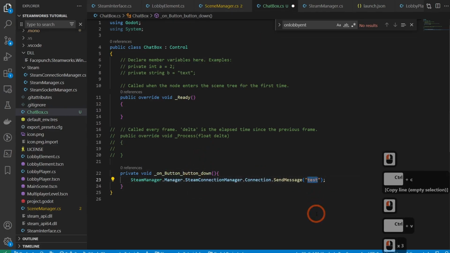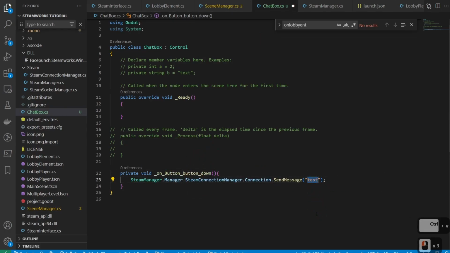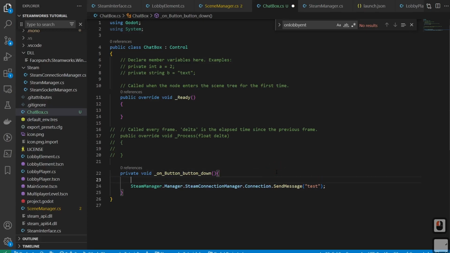But we also need to know the user that sent that data, right? We could send data across and just have it exist, but that doesn't work when you're not passing what player actually sent that data. So what we'll do is create a dictionary, and that dictionary is going to house a lot of that data. So we'll type